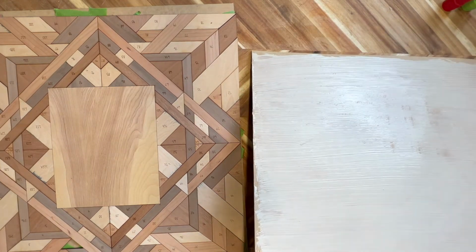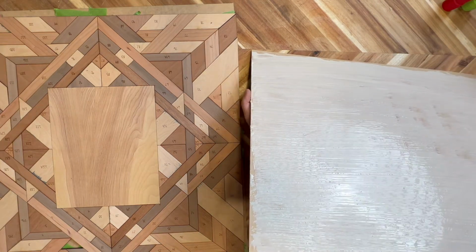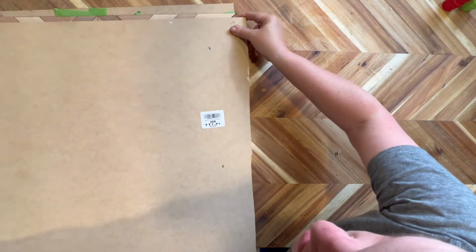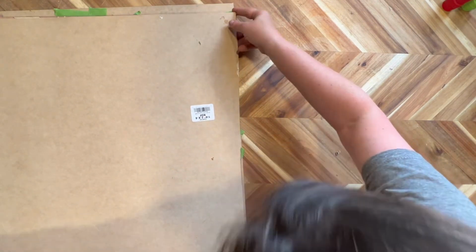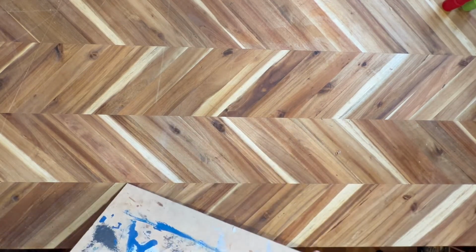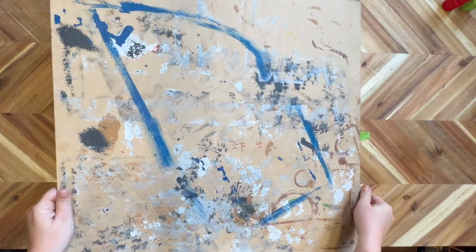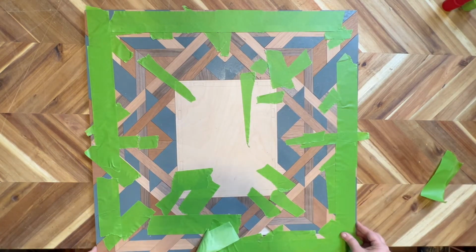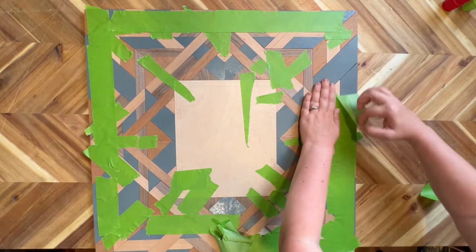Now that we've got that done, we can flip this back over, place it right on top of the backside of the quilt, and then we are going to quickly flip it back over again. I would normally recommend that you weigh it down and let it dry, but of course I'm a risk taker